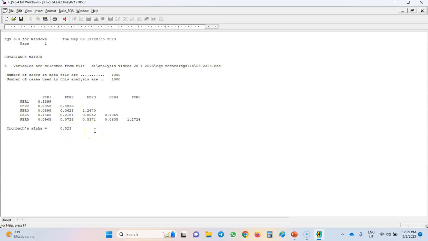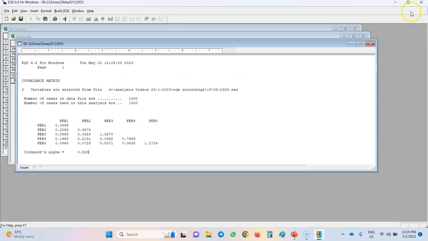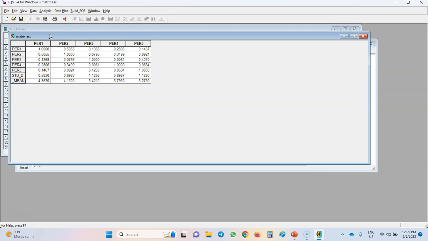In fact, this scale is not reliable. Now, if I just click on this button, you will be able to see the new data set which contains the correlations between these 5 items, PR1 to PR5. Also, at the bottom of this table, you will be able to see the standard deviations and the means